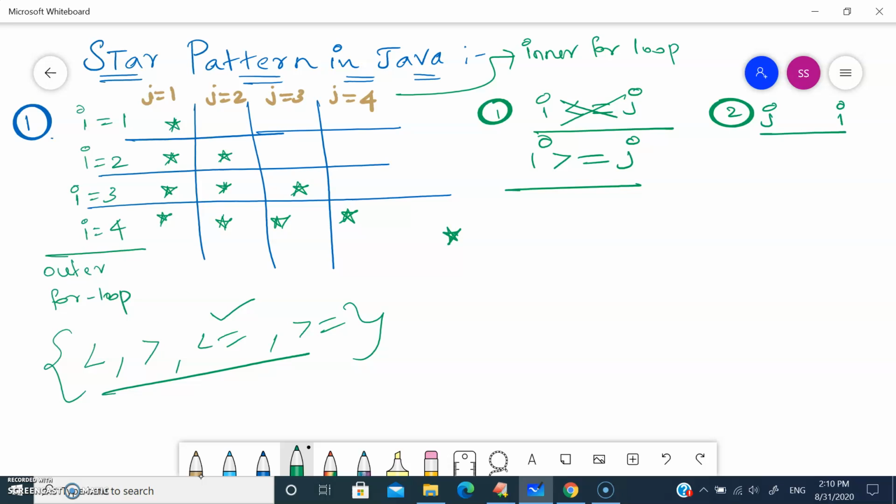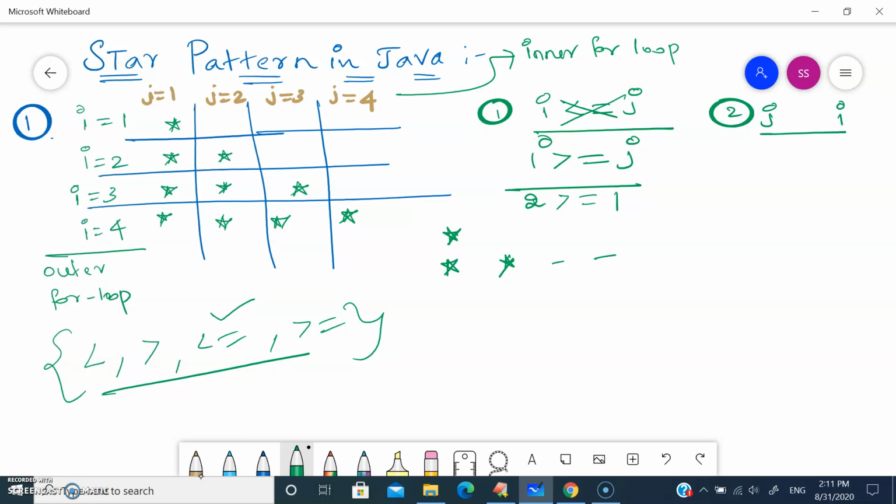No, condition fails. 1 is greater than or equal to 4. No, condition fails. When coming to I equal to 2, 2 is greater than or equal to 1. Yes, condition true, so it should print star. 2 is greater than or equal to 2. Yes. 2 is greater than or equal to 3. No, condition fails. It goes to the else path and gives a space.